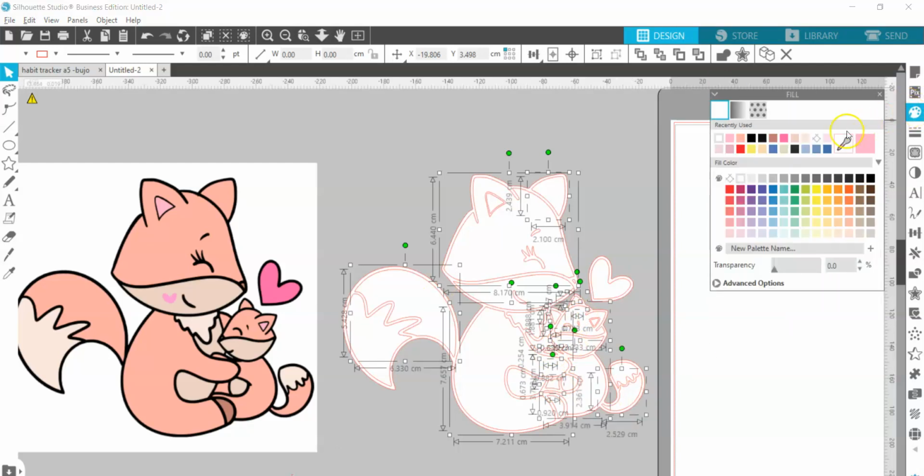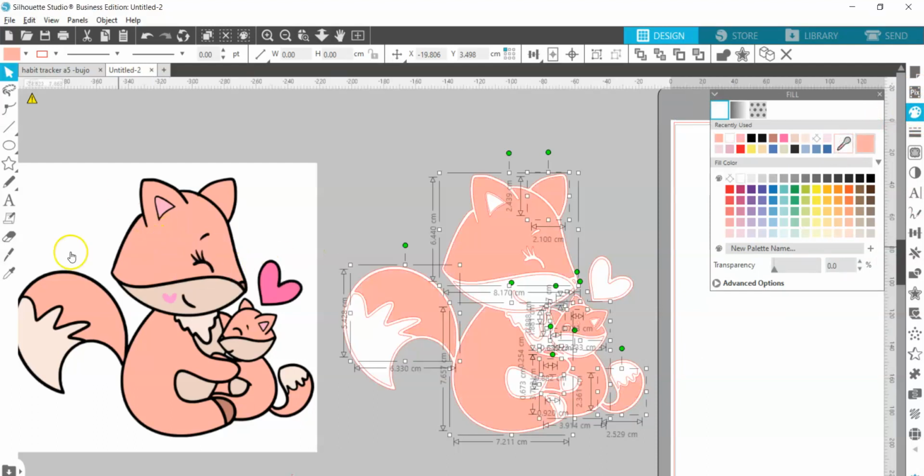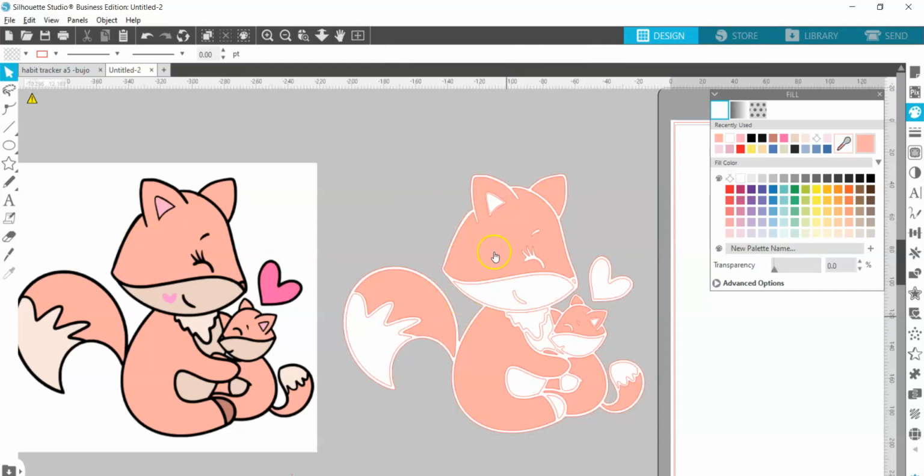I'm going to go up to this fill panel, and using the eyedropper tool, we're just going to select the orange color from the image. Again, we're going to cut this out of vinyl, so it doesn't have to be exact. You could just pick an orange from the color palette, but this is just going to help us visualize the different colors. So now I'm going to, again, click on the area, hold the shift key down and click again,